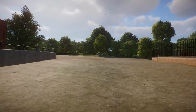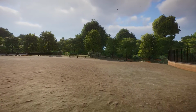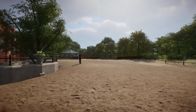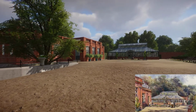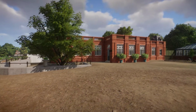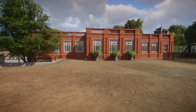As you might be able to tell, animal welfare has come a long way in 120 years. So I'm excited to start showing this to you. I thought I'd start with one of the newest buildings, as far as my building it, the Reptile House. So the Reptile House was completed in